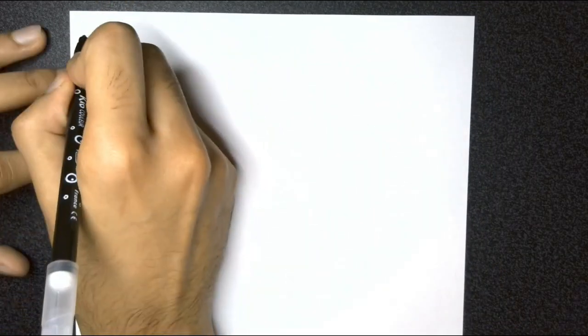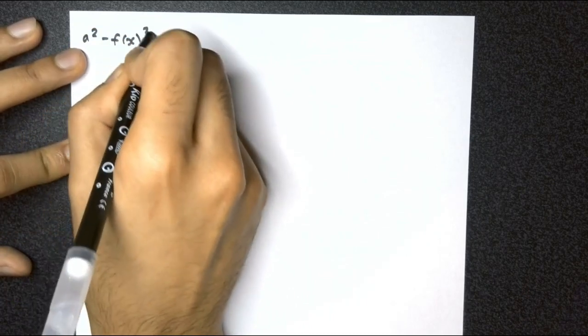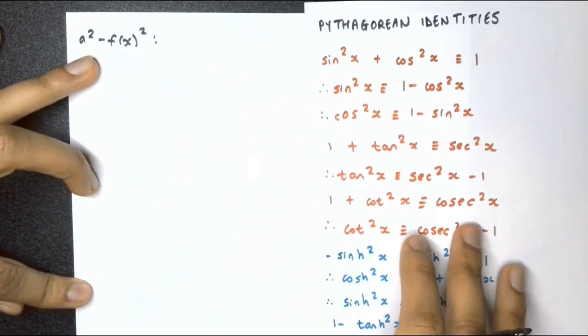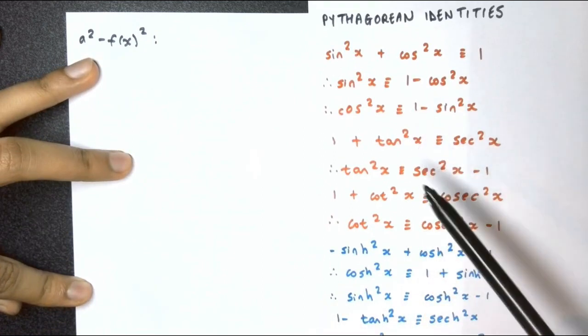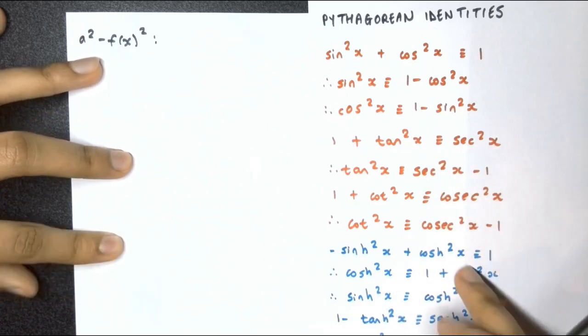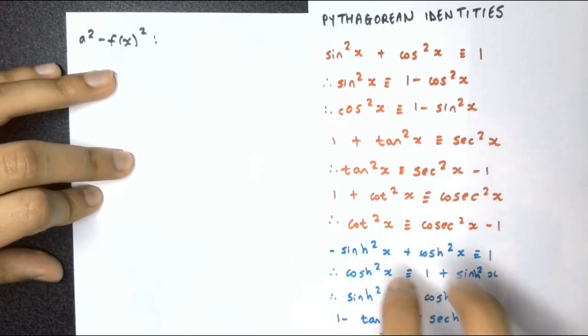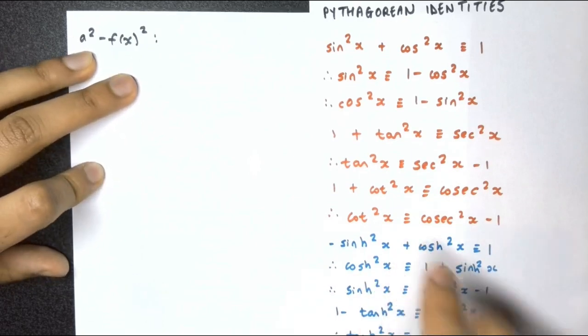Now if we've got something of the form a squared minus f of x squared, again let's take a look at our Pythagorean identities. We're not square rooting, so we're not going to think about anything involving sine, cosines and the hyperbolic sine and cosines. So if we think about what we can have if we try to match everything up as necessary,